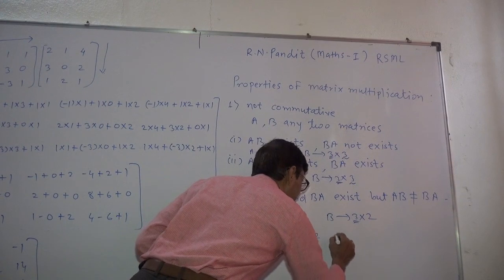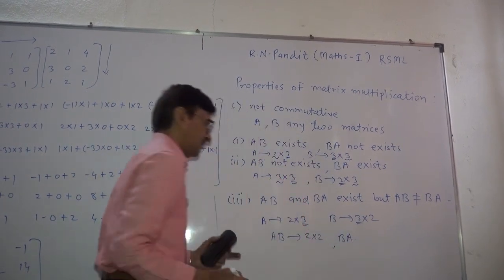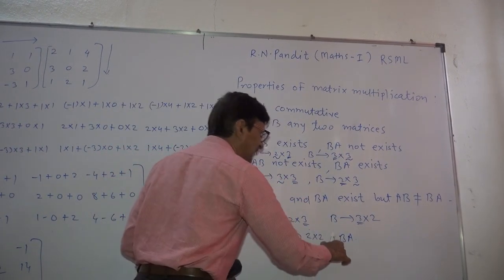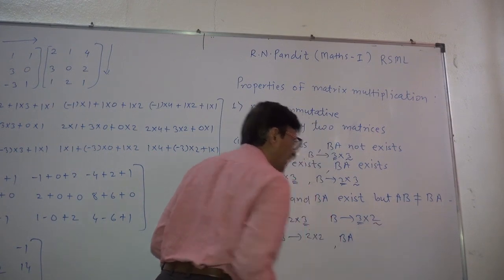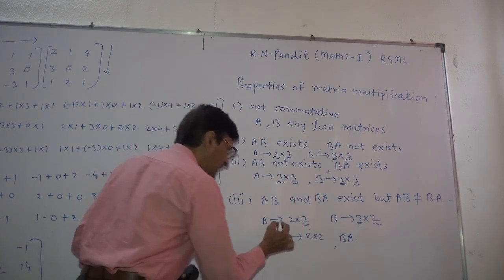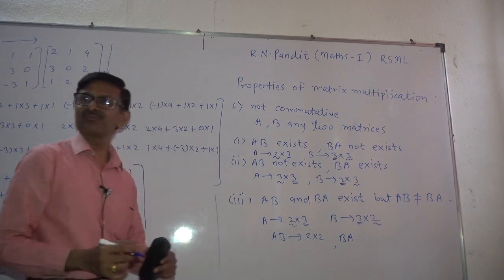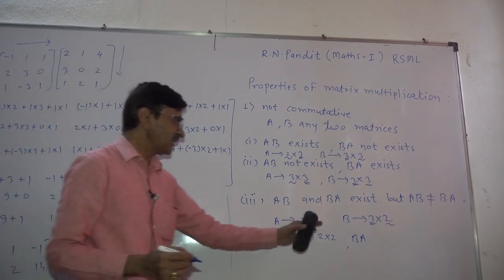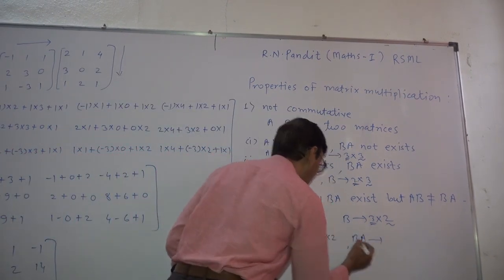What about BA? Number of columns in B are 2. Number of rows in A, these are also 2. And the order of BA is